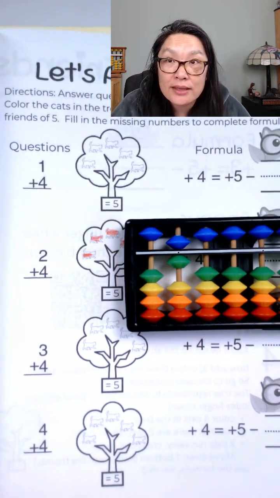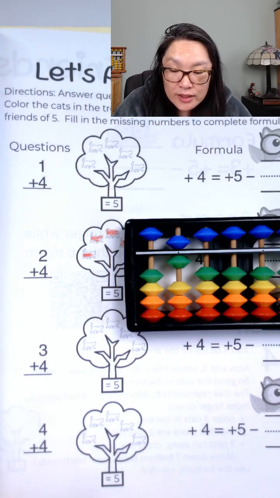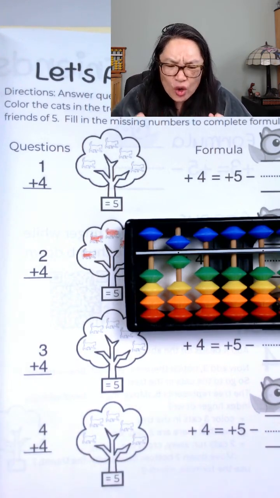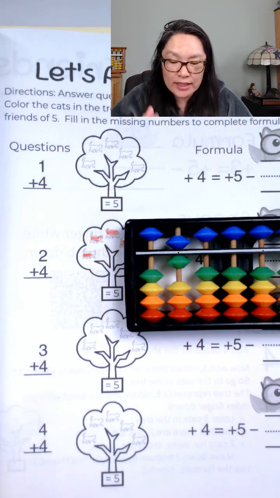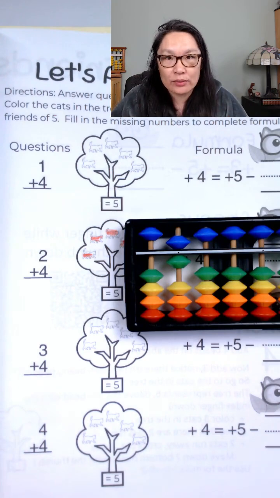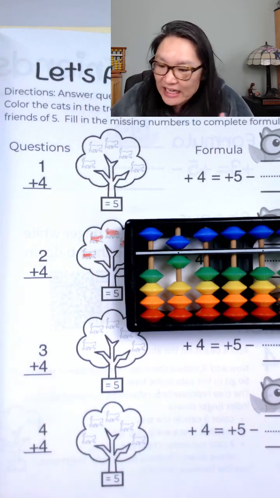But I do see that they have some confidence. And I noticed that when my kids went into algebra, they were like, I know this, but I don't know why I know this. It's because we do a lot of algebraic things in Abacus, but we don't label it. Just like we don't say substitution, we don't say inverse and